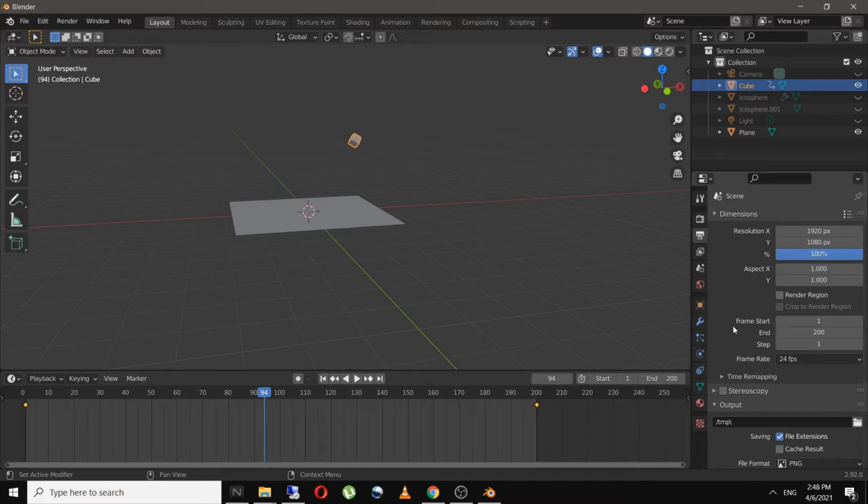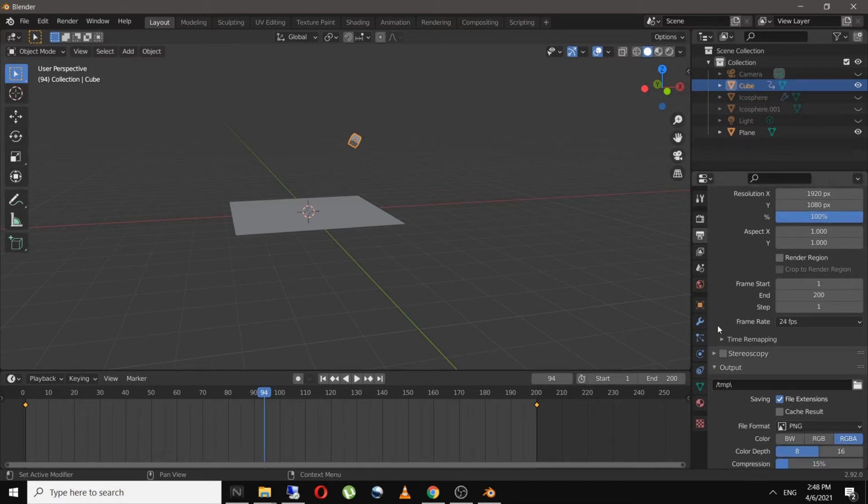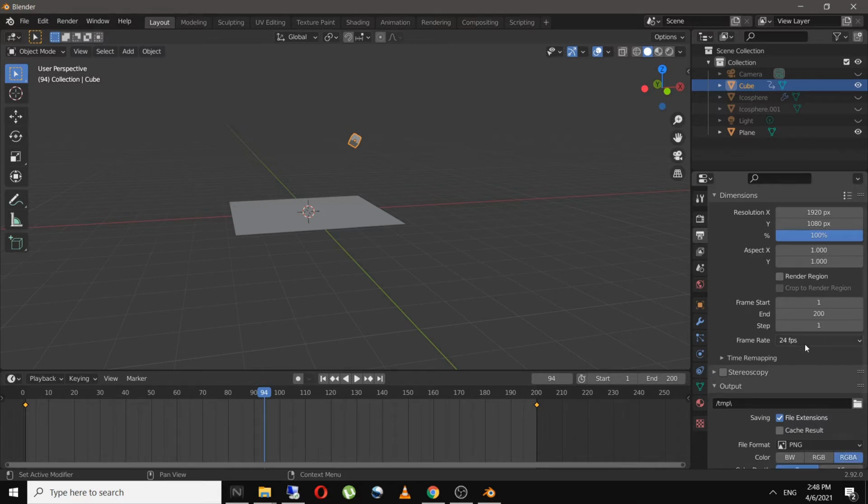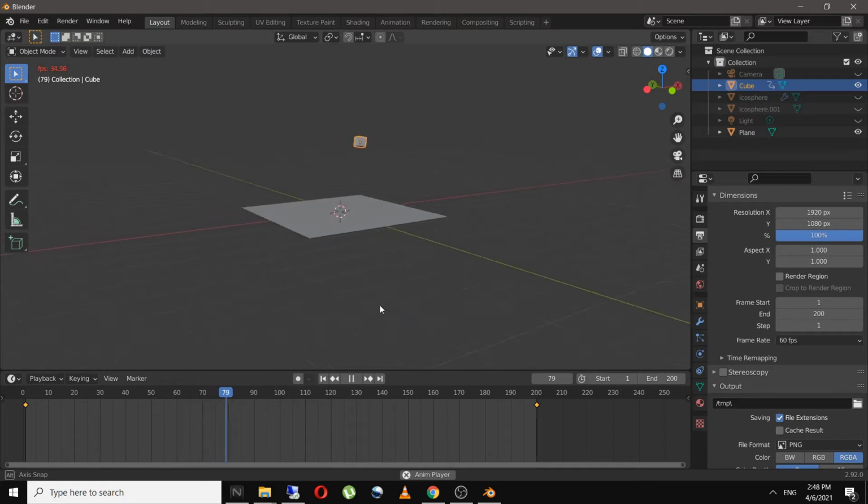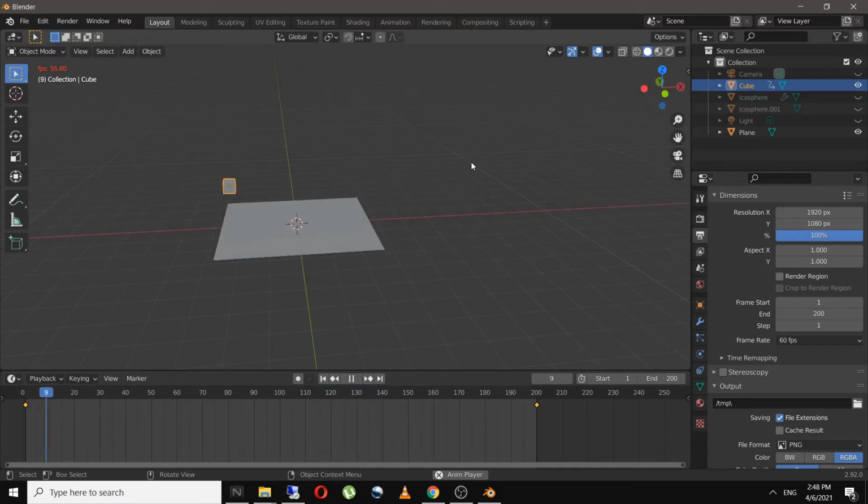You can change the start and end frame over here as well. You can change the frame rate as well. By default, it's 24 FPS, and if we change to 60 FPS, what will happen is in a single second, it will cover 60 frames. So if you have a 200 frame scene in 60 FPS, it will be somewhere like a 2-second video. And for example, if the frame rate is 30 FPS, the final scene video will be around 5 to 6 seconds.